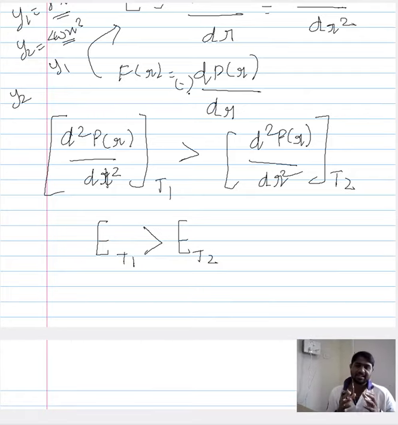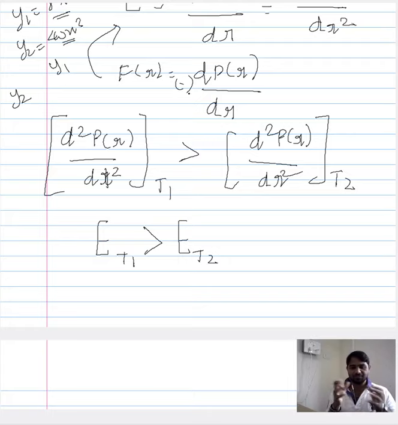So that means as the temperature increases, the Young's modulus, which is a property of the material, decreases. This is the property that I want to discuss in this lecture, and we have arrived at this property and its relation to the temperature by beginning with our understanding of the interaction potential with respect to the change in the interatomic distance. So we began with the change in the interaction potential, and from that we were able to build the force, and even by confining ourselves to the interaction potential, we were able to show that with the increase in temperature, the Young's modulus decreases.